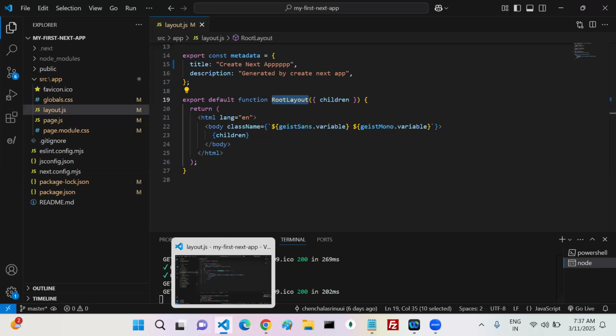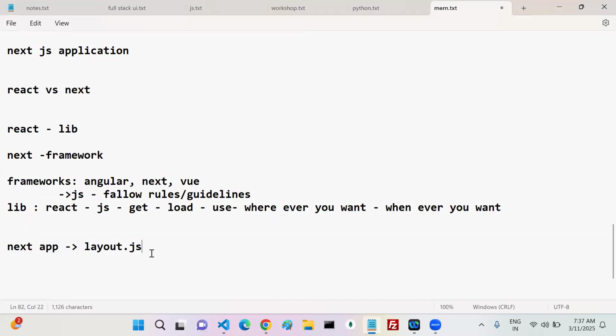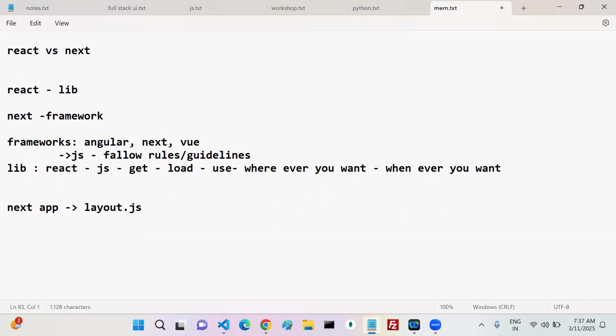Which file are the Next.js people looking for? Come on. Layout.js. From this particular file, they are expecting one component. So they want to import one component from this particular file, like this. Now tell me, if you see a statement like this, can anyone tell me